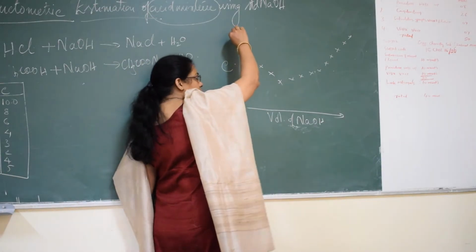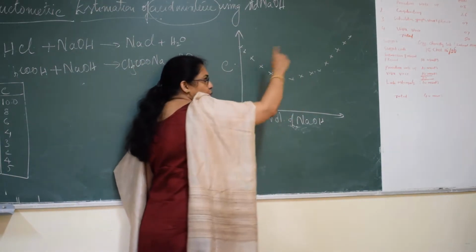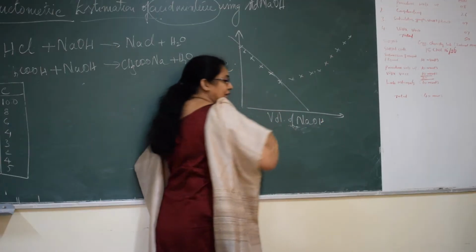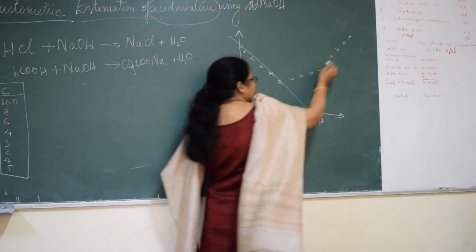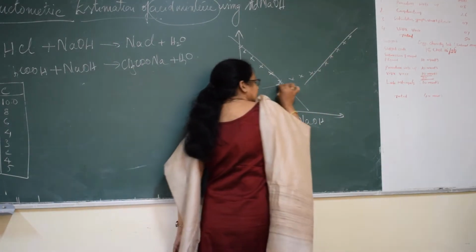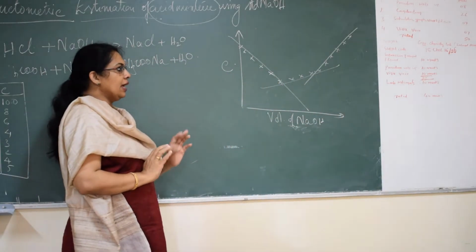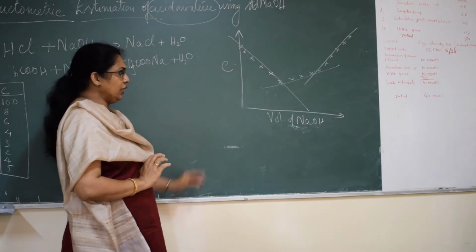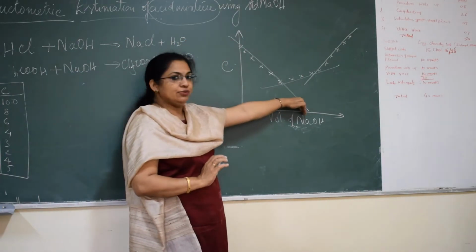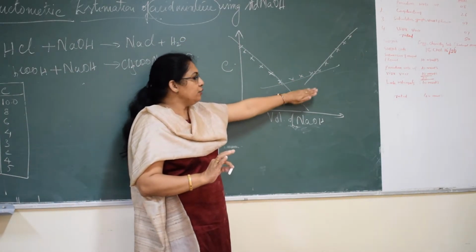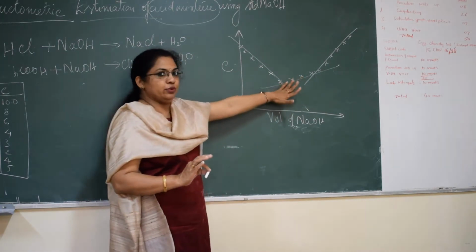Okay, so if I draw, there are three different manners of points here. So I need to plot three straight line graphs. First line here, the second line like this, and third line like this. So I am going to draw three straight line graphs here, and I get 2 points of intersection. I need to plot a straight line graph, taking a maximum number of points. So the graph looks like this.